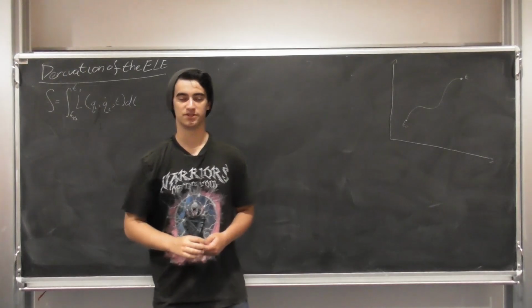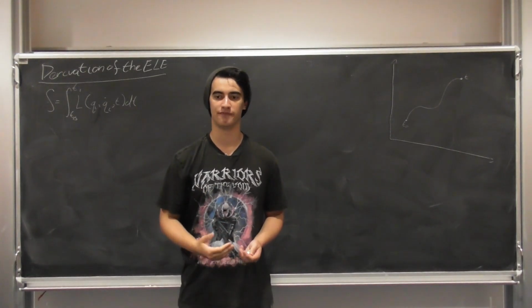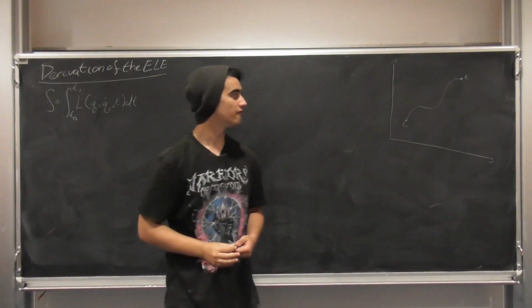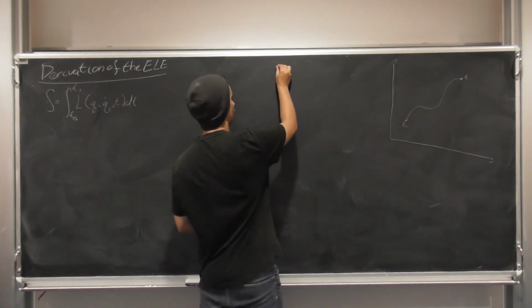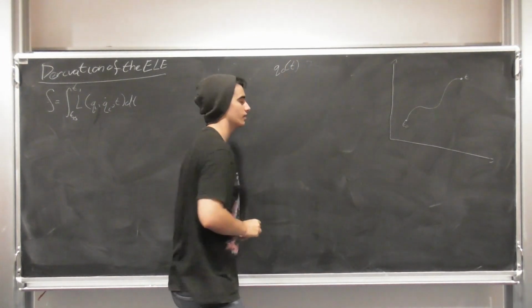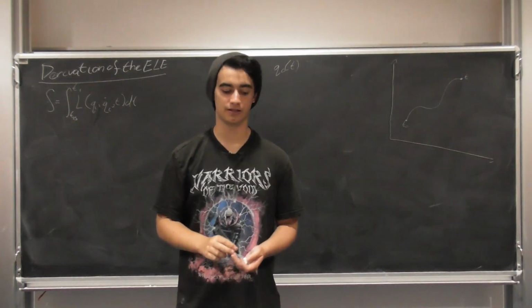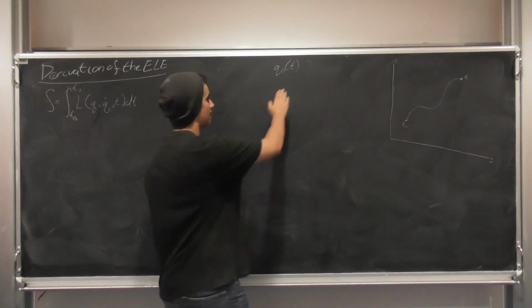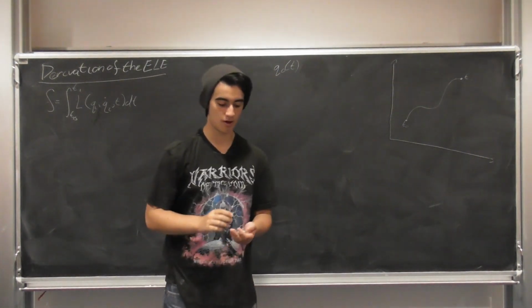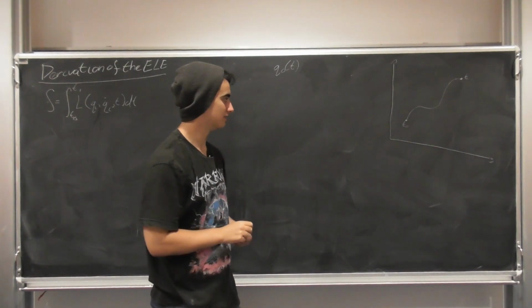Now, we don't actually know this path, and it isn't really important that we do. The idea is that this will follow some trajectory. We'll call it q naught of t. This is the correct trajectory that it's taking, but we don't know what that is. But we'll assume it exists, and